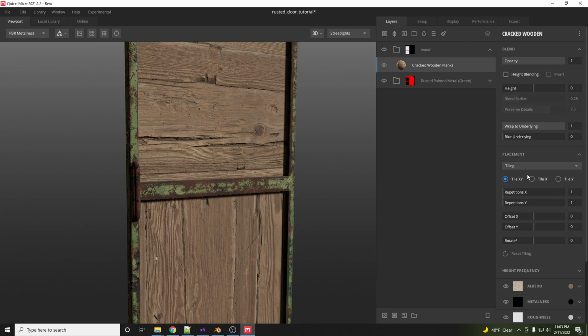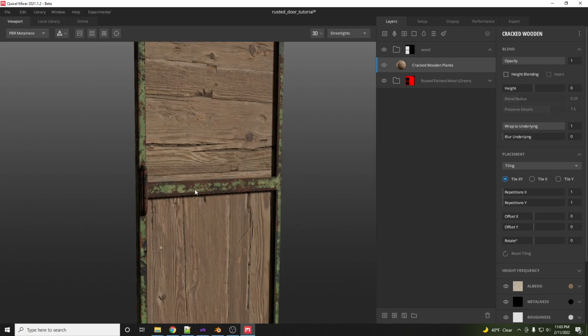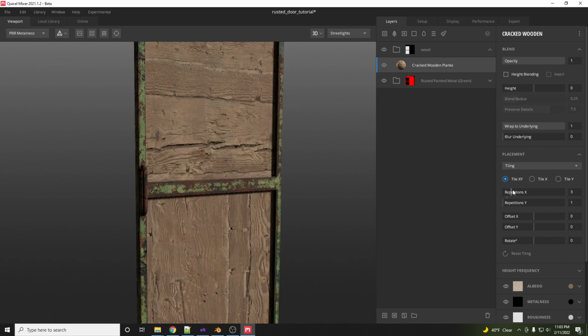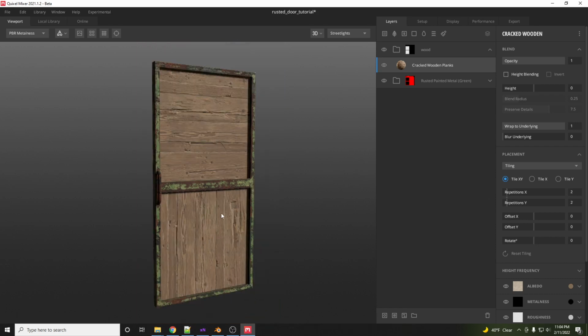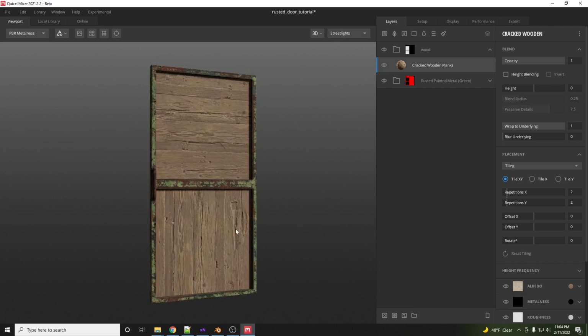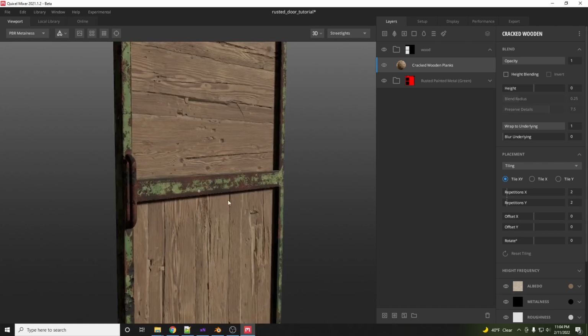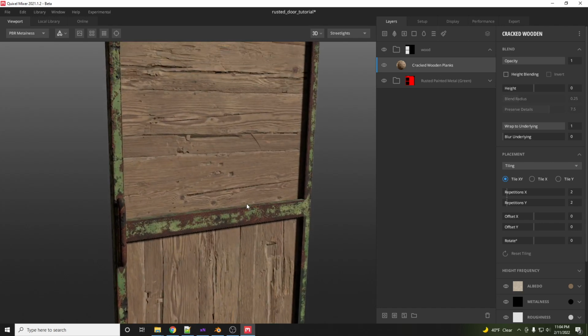Let's see if we use tiling. Tiling doesn't really work so well. It's still kind of interesting though. So let's see a 2 and 2. I mean, I guess you can see a door that'd be like kind of vertical like this. Okay, well I'm okay with that. All right, so